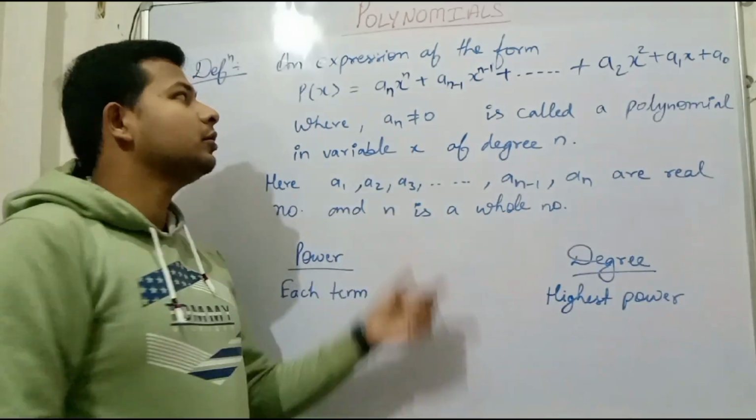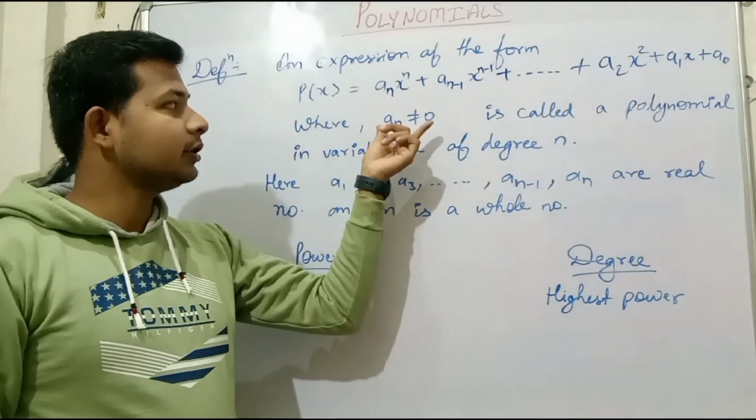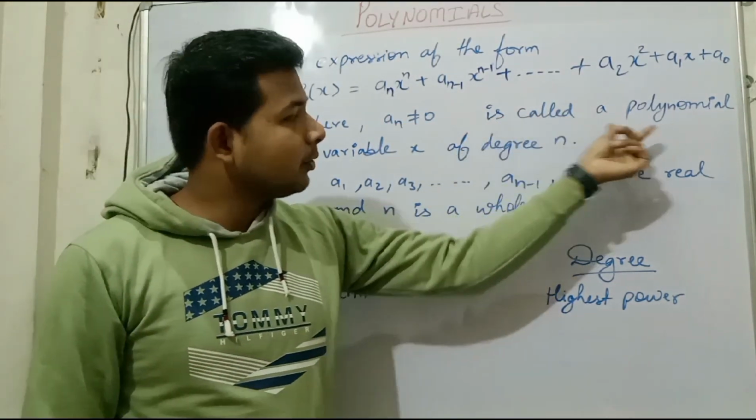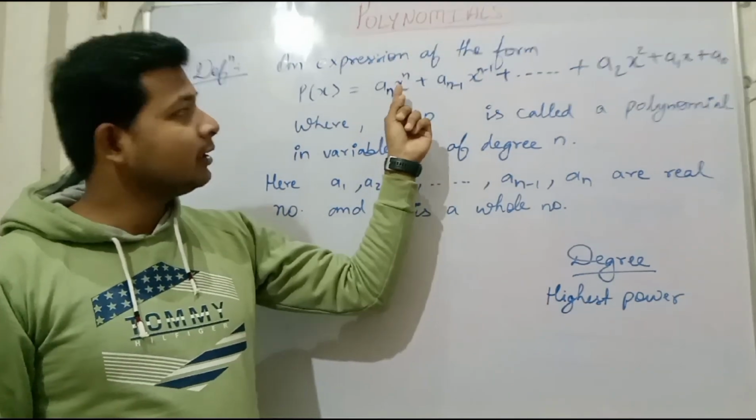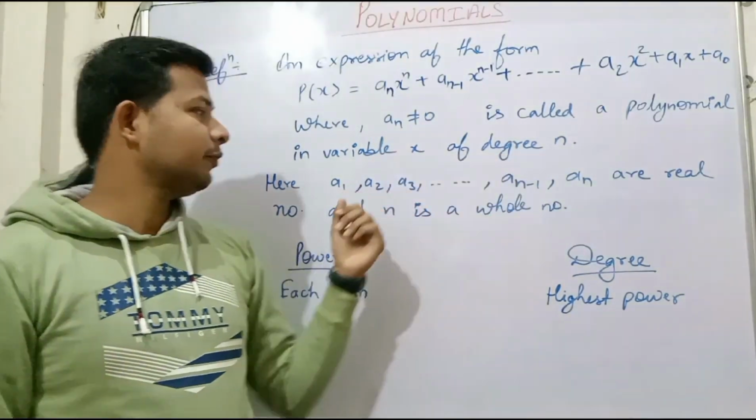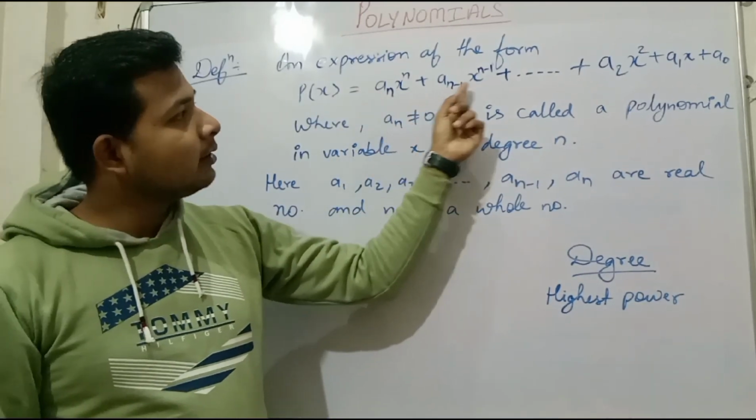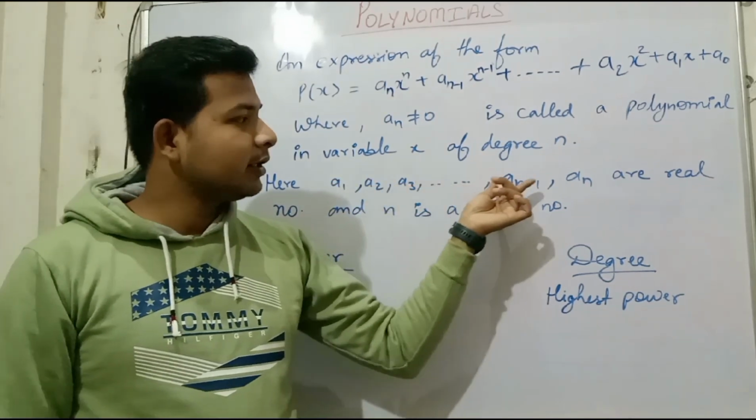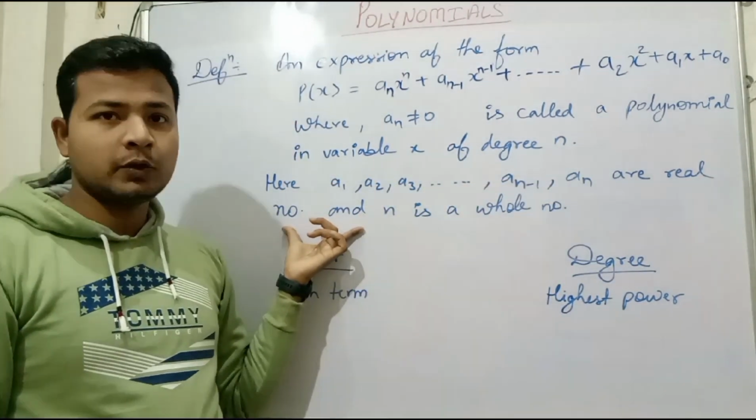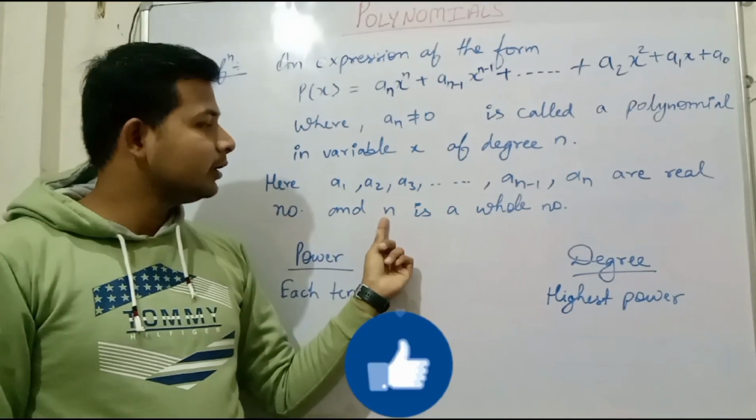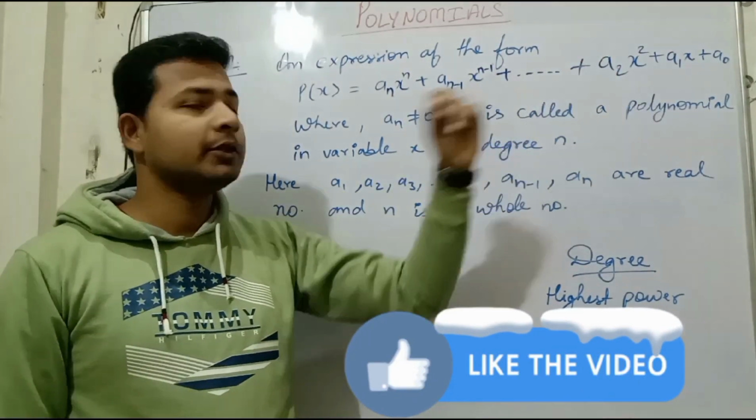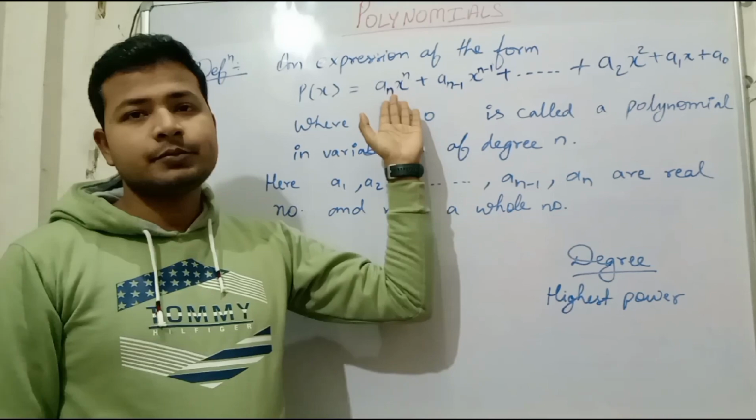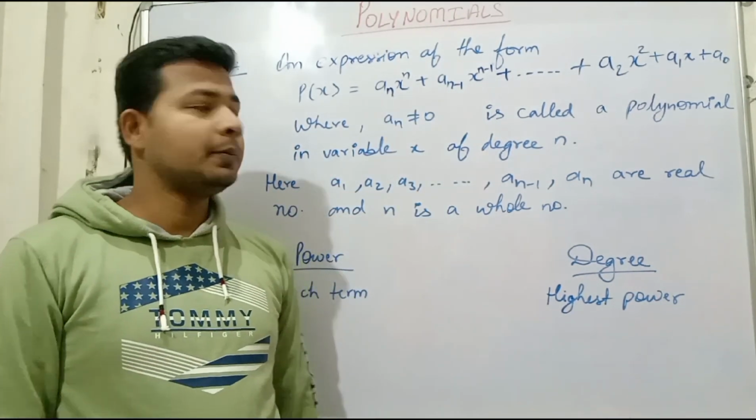Why? If a_n becomes 0, the first term will vanish. So it is important that the first coefficient should not be 0. This will be called a polynomial in variable x, and the degree of this polynomial will be n. Now, a_n, a_(n-1) and so on, a_2, a_1, a_0 are real numbers. Okay, they are constants, and this n, which is in the power of the variables, is a whole number. This should be a whole number,